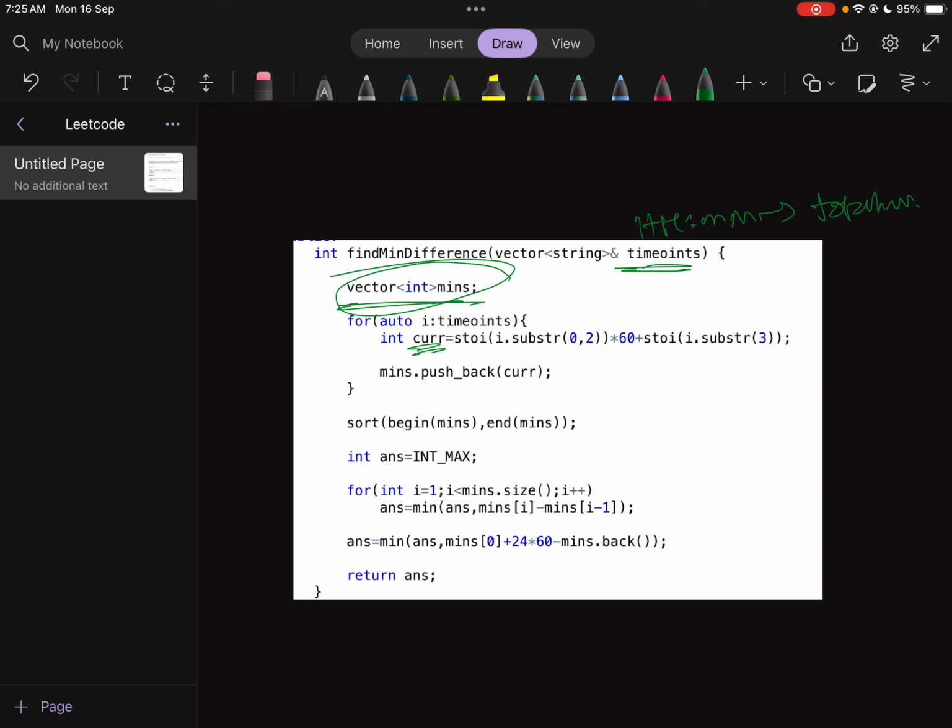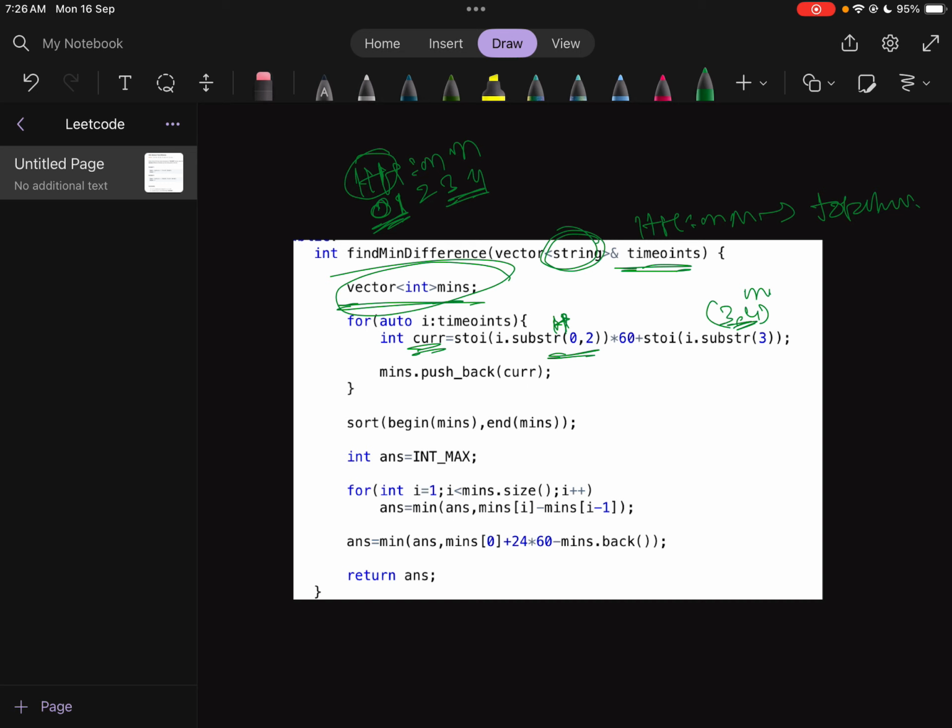First you can check the HH format. The first 2 characters, this is a string, with indices 0, 1, 2, 3, 4. So the 0 and 1 index will give the hour, the total hour, and 3 and 4 will give the minute,